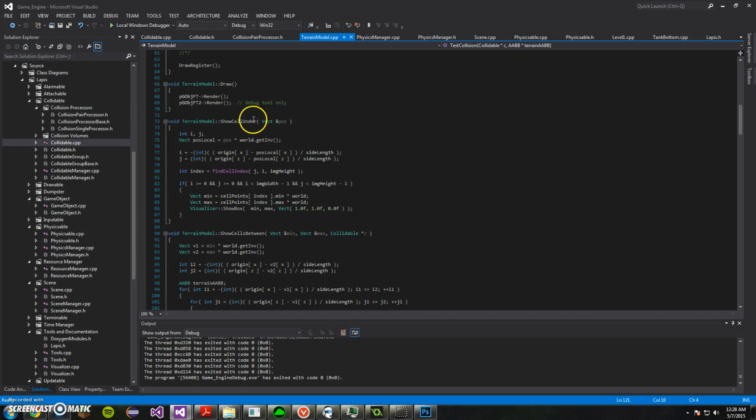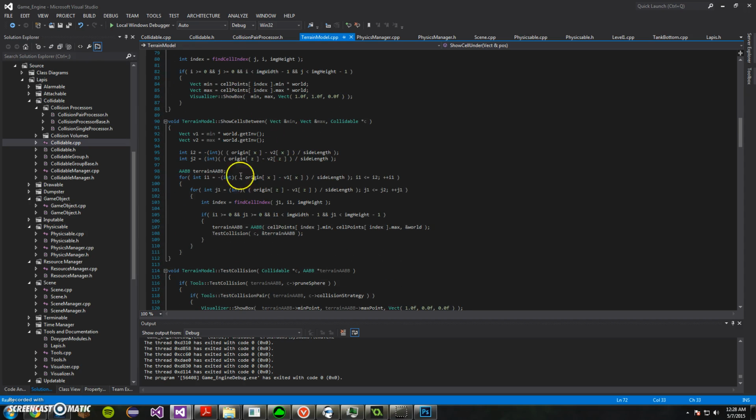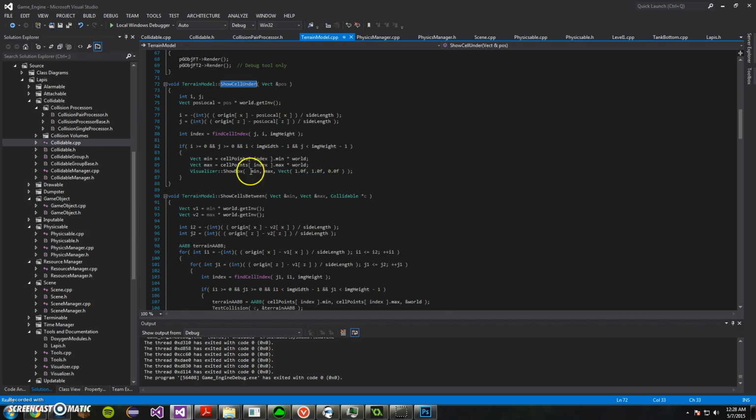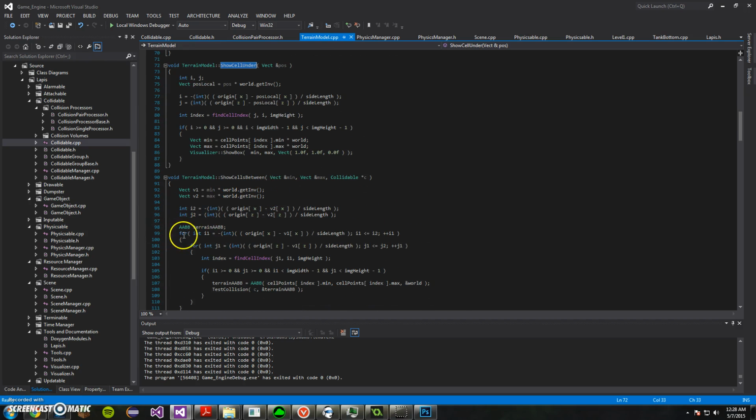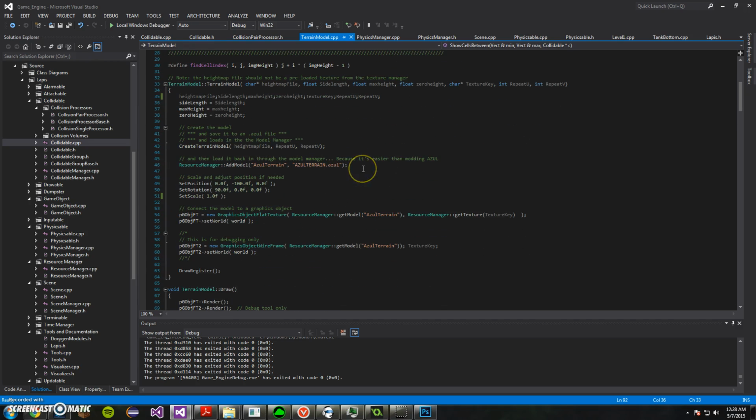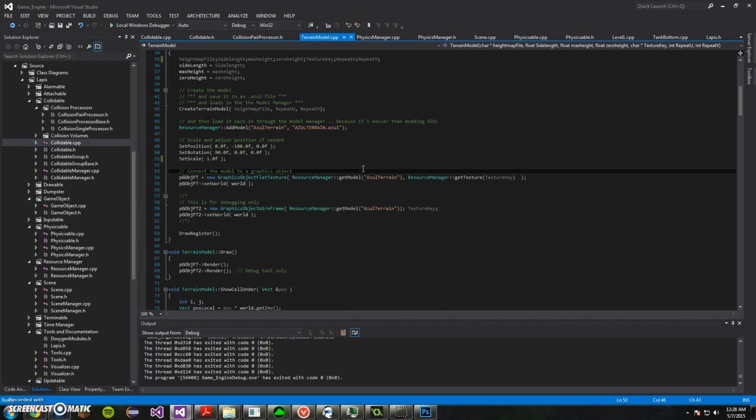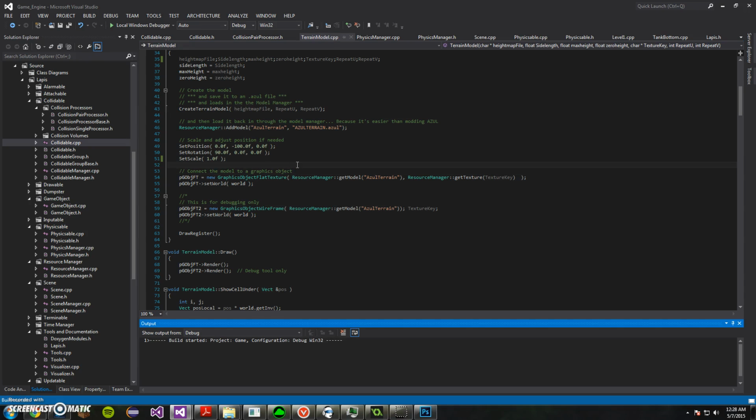This was the one for just the single cell underneath me. It's essentially the same code as the multiple cells, but with no for loops or anything. And I think that's it for that. I suppose I should actually